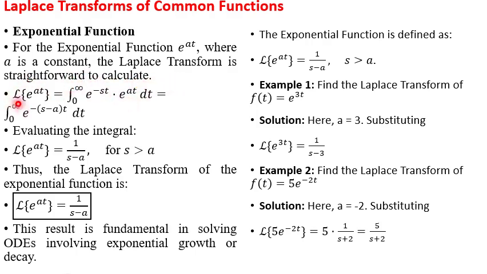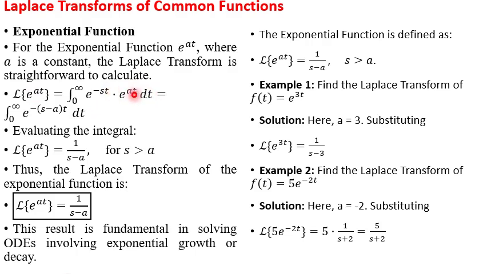In other words, by the definition of the Laplace transform, the Laplace transform of e raised to power at equals the integral from 0 to infinity of exponential raised to power minus st. So the function of t basically is what is here, and that function of t is exponential raised to power at,